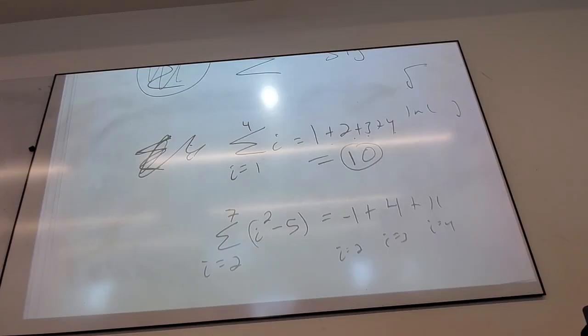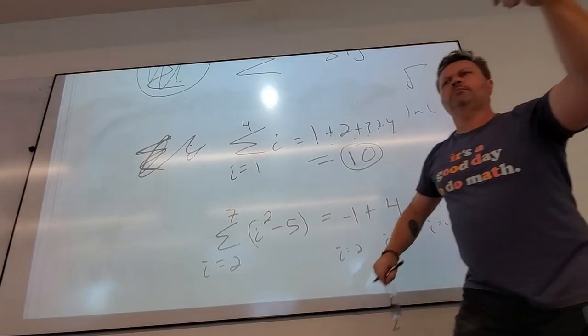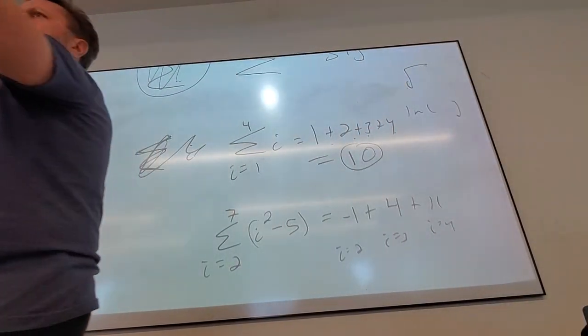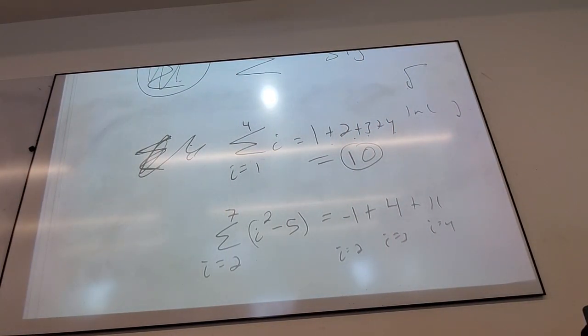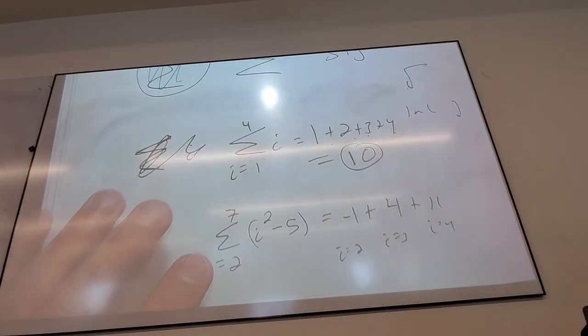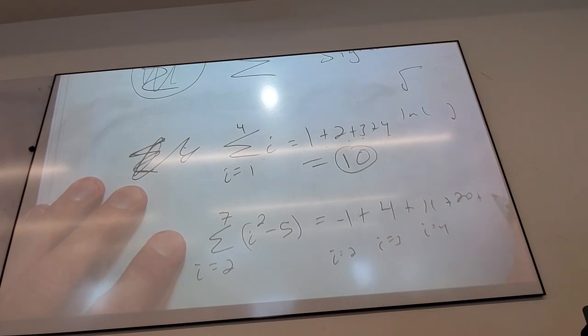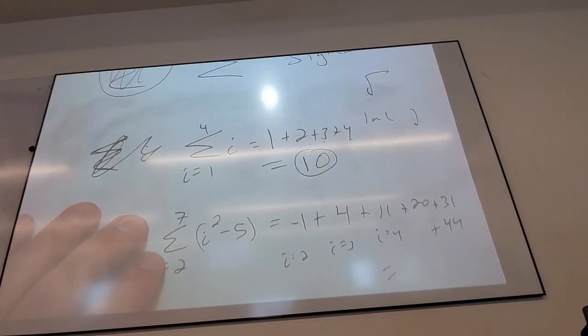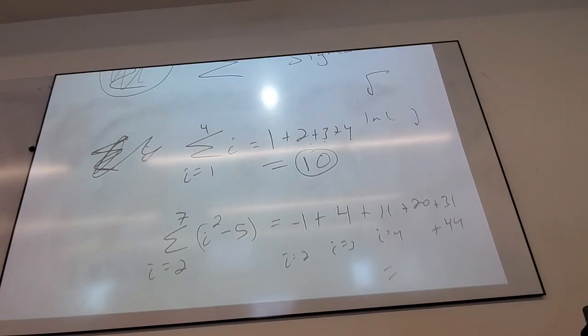Are you guys understanding what's happening? So it's a combination of function inputs, right? Inputting for I, and then just adding those together, because the big symbol means sum. The big E means sum. And I would just keep going till I equals 7. I equals 5 would be 20. I equals 6 would be 31. I equals 7 would be 44, and then whatever all that adds up to be. You guys with me? So there's 2 steps here, and both steps are easy. One of them is add these things up, and the other one is plug these things in.